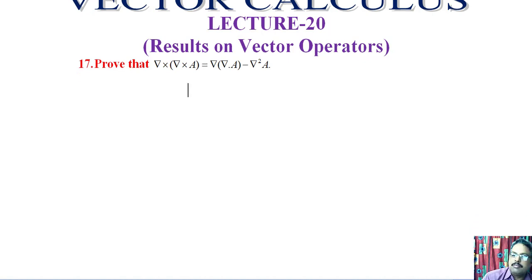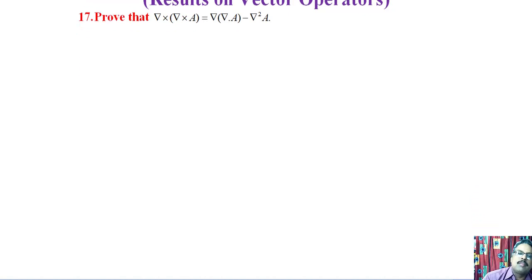Today we will discuss a very important result. Prove that del cross (del cross A) equals del of (del dot A) minus del square A, or curl of curl A. This also can be written as